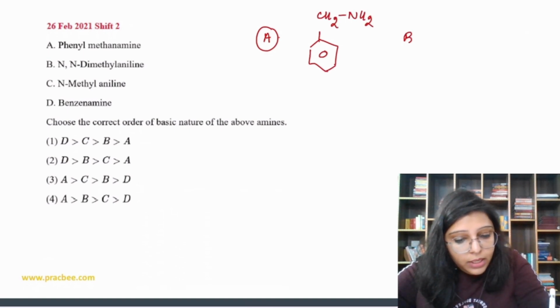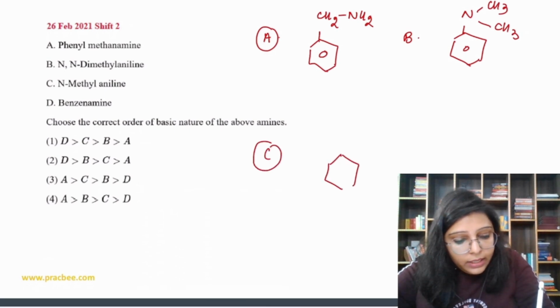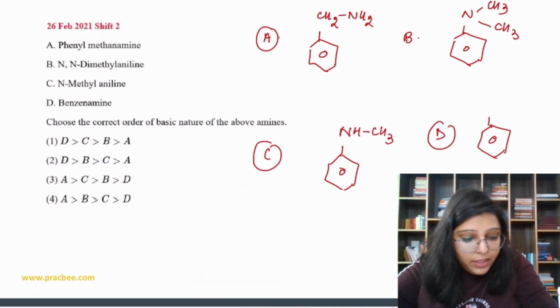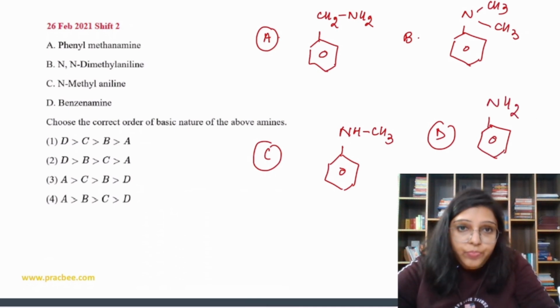Okay. Then B is N,N-dimethyl. It means we have N,N-dimethyl and this is aniline. Now C is N-methyl. Now D is benzenamine. Benzenamine is nothing, it's just aniline. So see,